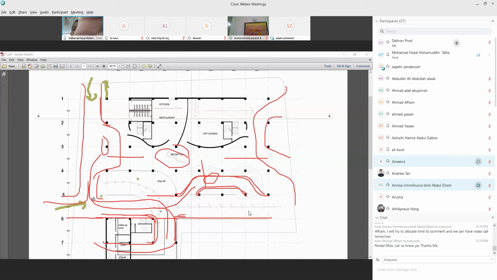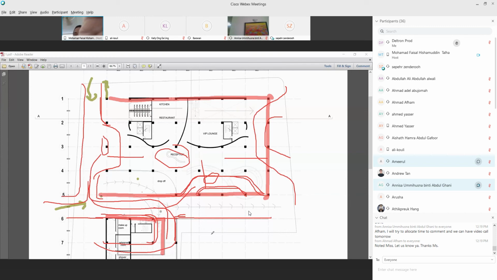Okay, so you need to understand where your dimension, your maximum limit, is. You cannot build up to here. Maybe on top here you can have another building like that. This one is only 3 meters. 3 meters is allowed.